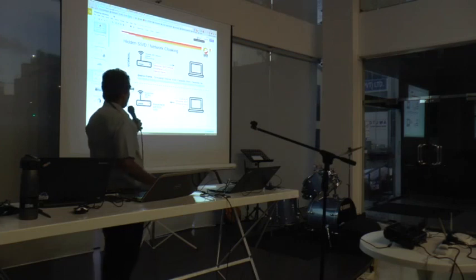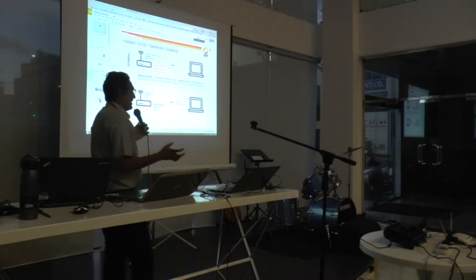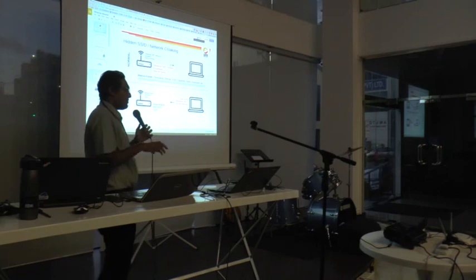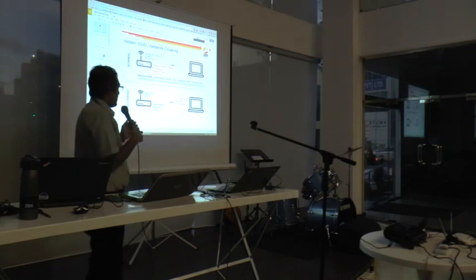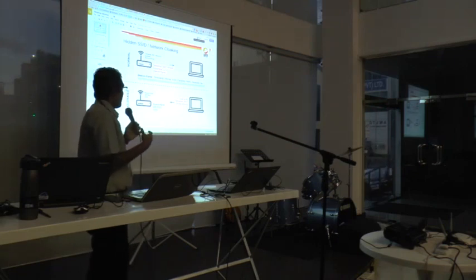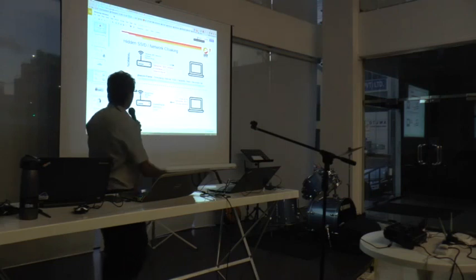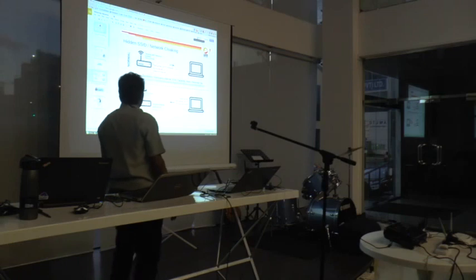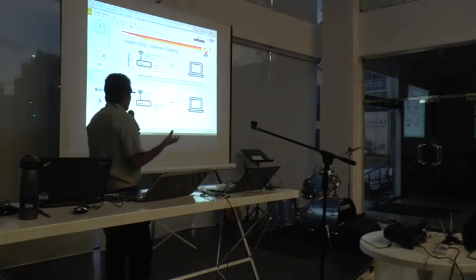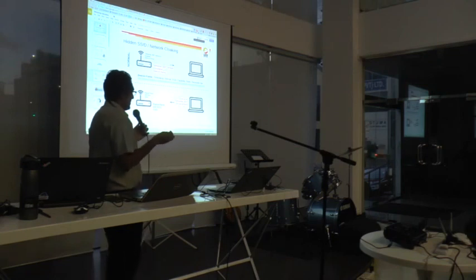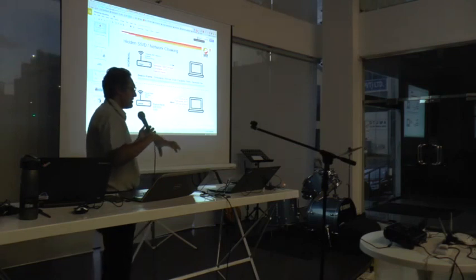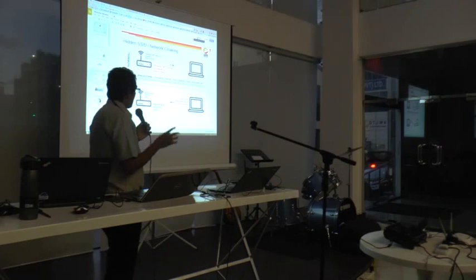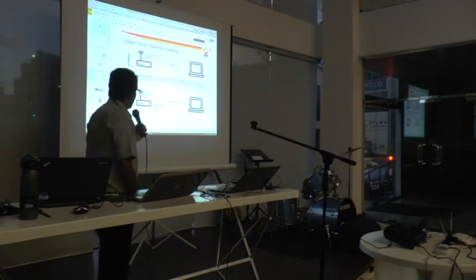So a probe request will let access points around the machine know which network a computer is trying to connect to, WhiteHat Wi-Fi. In our example, our Wi-Fi network was WhiteHat Wi-Fi. So whenever a machine comes near an access point with this name, a probe request will be received by the router. And